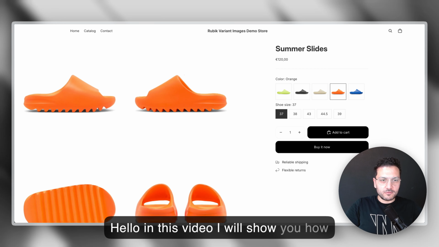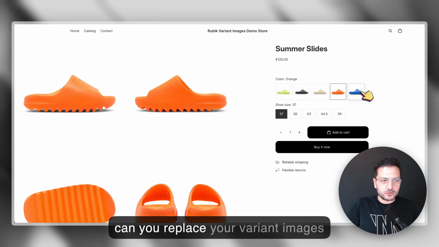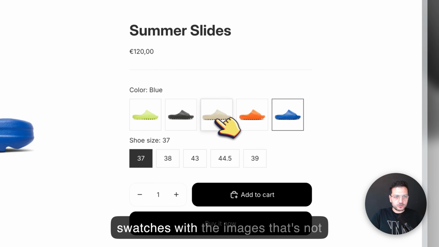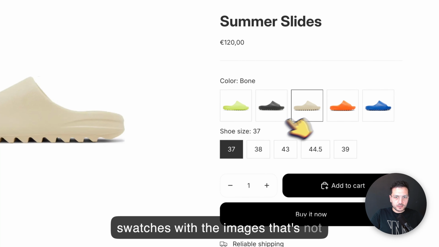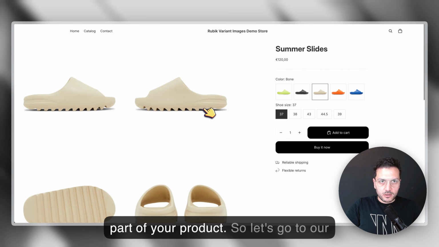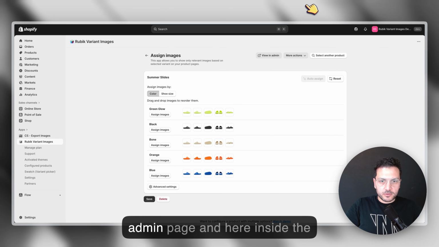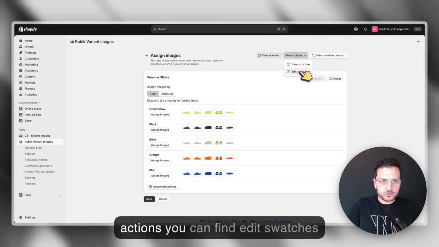Hello, in this video I will show you how you can replace your variant image swatches with images that are not part of your product. So let's go to our admin page, and here inside the assign images page, under more actions, you can find